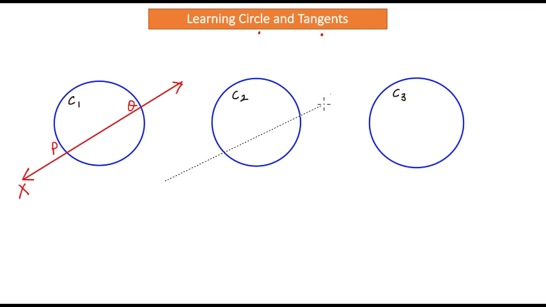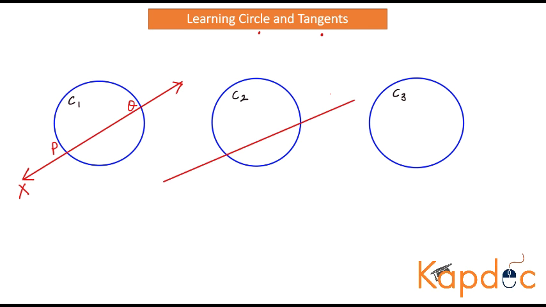Just like that, let's draw one line at circle 2 such that it intersects with the circle at the points A and B. And let's put a name to this line. Let's say this is my line Y, right? And now I'm going to draw one more line such that it doesn't intersect with the circle, but rather it only touches the circle at one point, and that's the location of this point. Let's say I call this location as location C, all right? And the name given to this line is line Z.